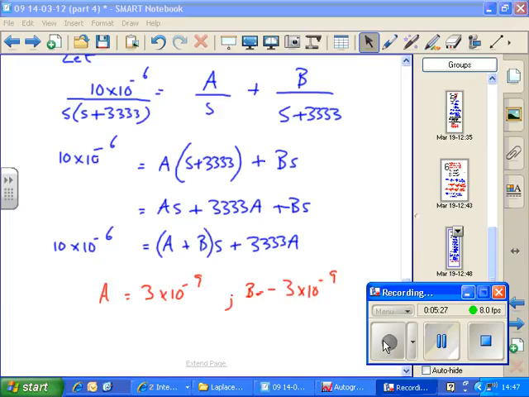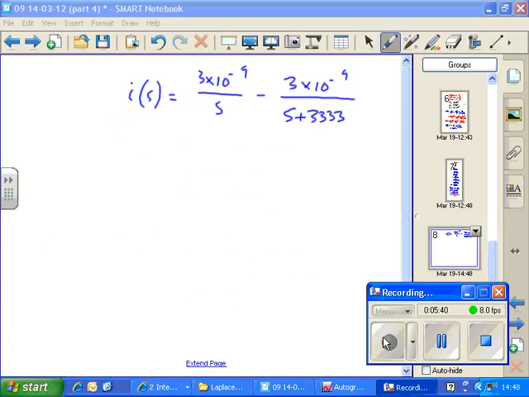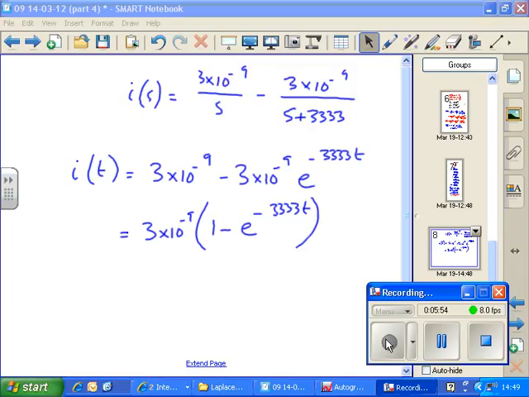This gives that A equals 3 times 10 to the minus 9, and B equals minus 3 times 10 to the minus 9. Now we can put these back into the original expression and come up with an expression for I(S), and then we can use the Laplace transforms, page 5, to get back to an expression for the current in time. This will give us: I(t) equals 3 times 10 to the minus 9 minus 3 times 10 to the minus 9 e to the power minus 3,333t. Taking the 3 times 10 to the minus 9 outside of the bracket,